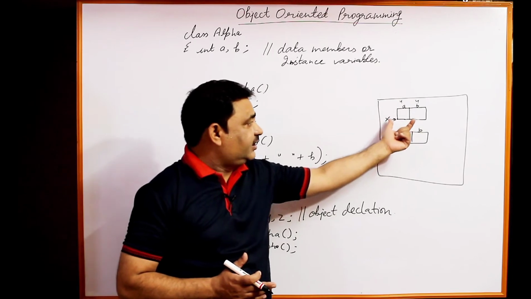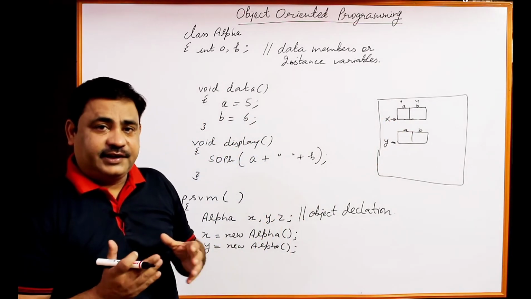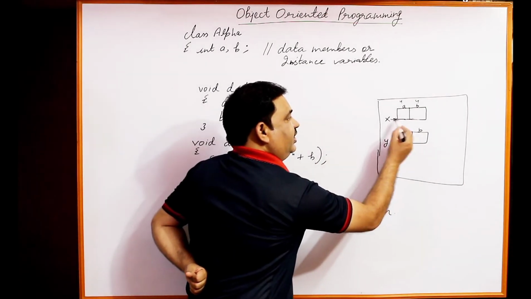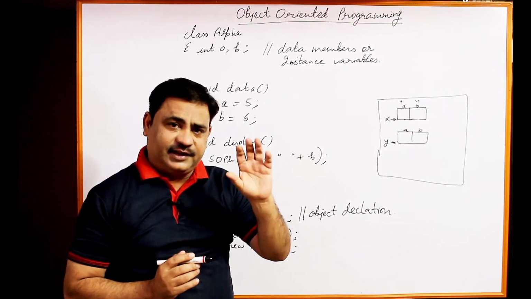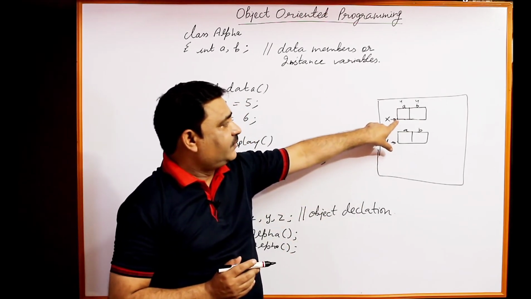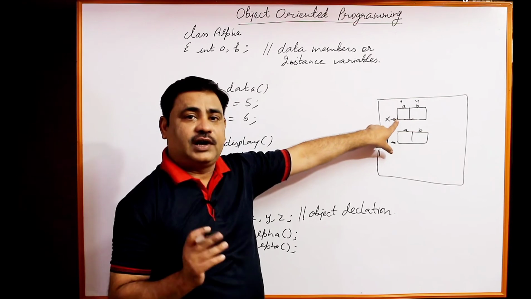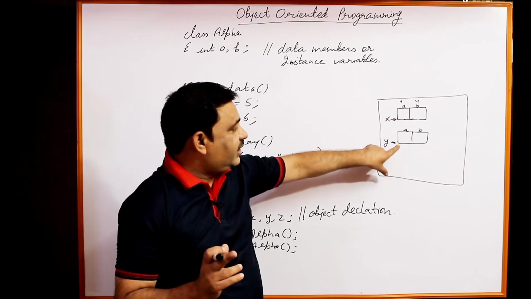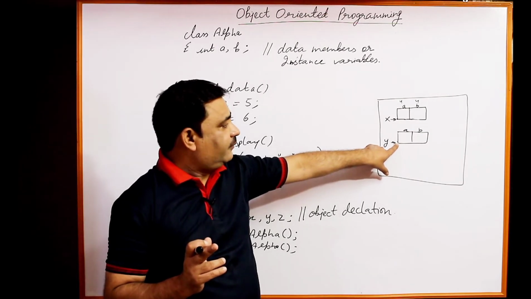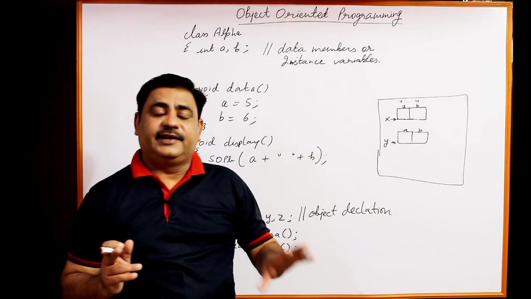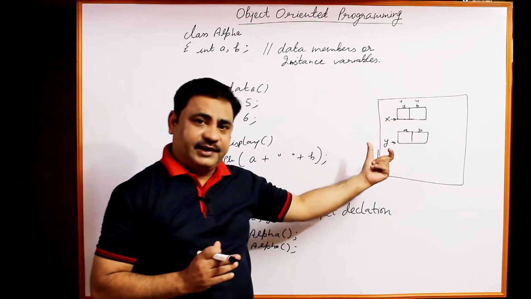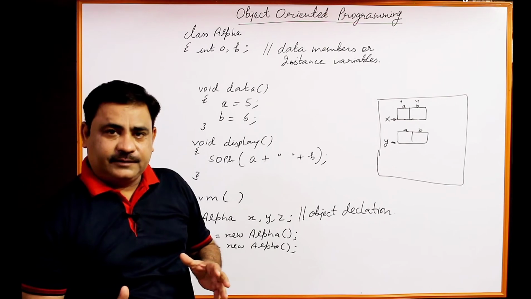And another thing is identity. Identity, how can you identify this object? The memory address. Each and every cell in the memory block has one unique address. So the address of the first cell is called the identity of the object. Here identity of y object is different. Okay, for each object there will be separate identity, means separate cell address. So one thing is state, another is identity, and the next thing is behavior.